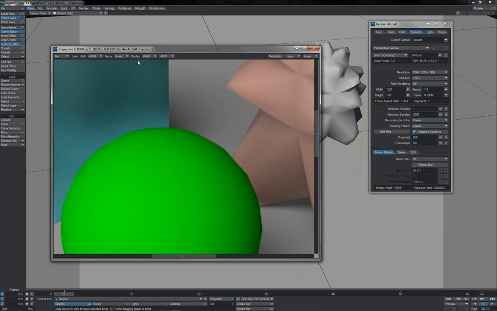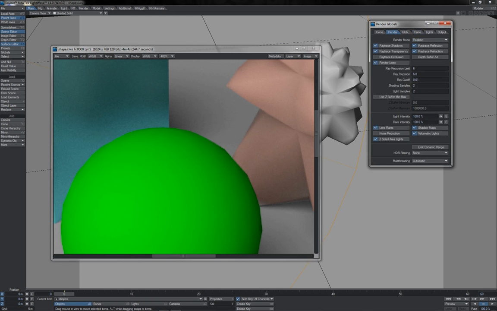And I've done that by, rather than fiddling round more here, fiddling round here with my unified sampling. The point of this is it gives you a way to optimize your render quite easily and accessibly, and it's easy to understand. Previously, as we saw in 10.1 and earlier versions of LightWave, you had shading samples on every kind of shader, and of course for the different properties of the different shader,